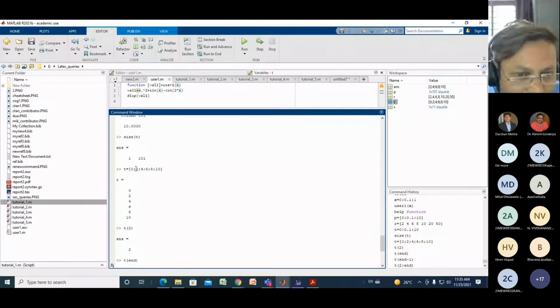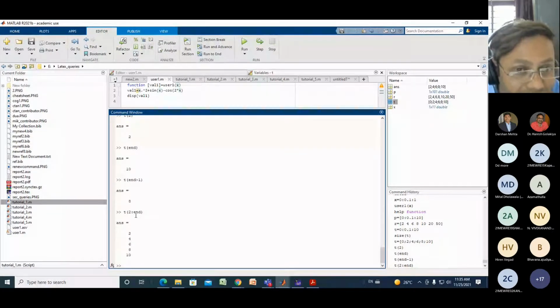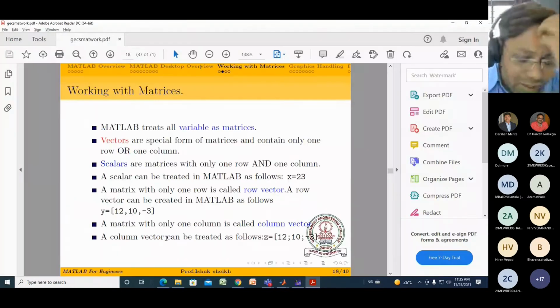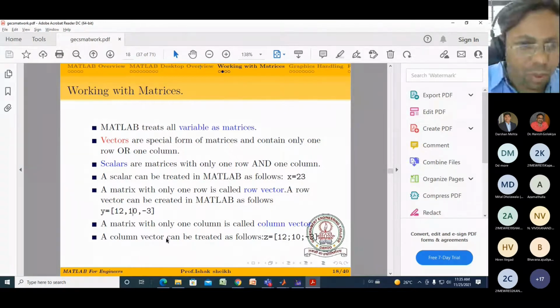Here the second element is 2, and the last element is 10. So I will just pick up 2 to 10. Whenever you are working with data, you need to extract the data. At that time you need to work with the row and column. That's why this matrix is very important, because many times you will plot all these variables. To plot these variables, you need to extract the values. You can extract the values by using the indexing. So you can use any indexing command for the row and column.